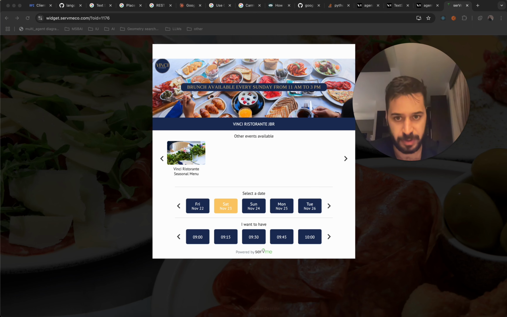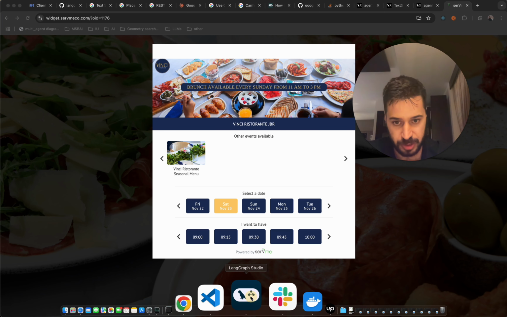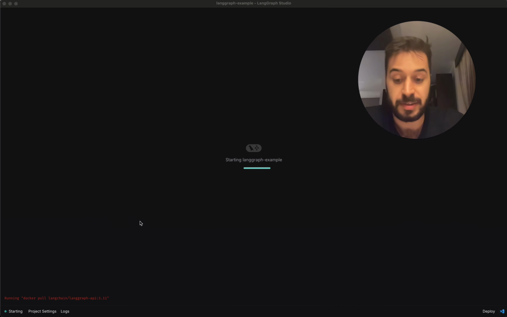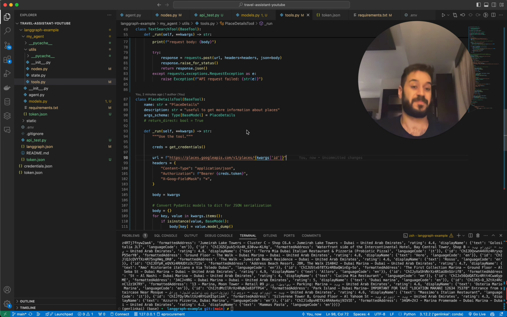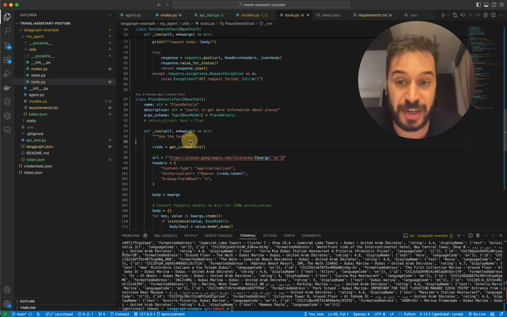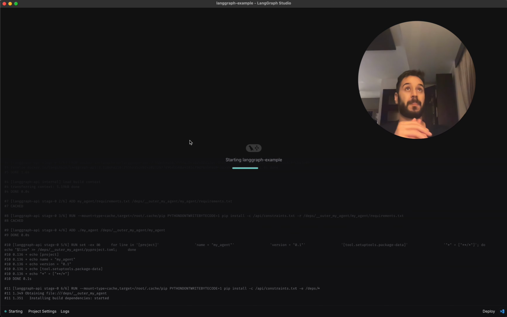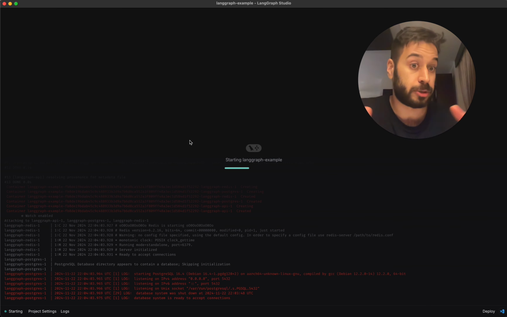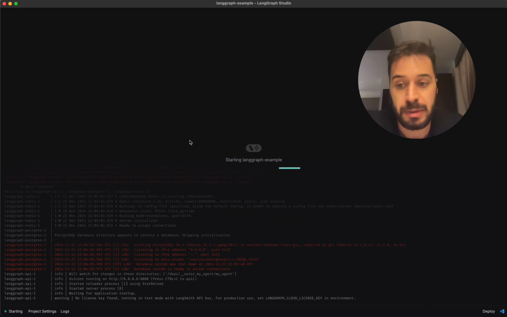Okay, LangGraph crashed. LangGraph Studio crashed. Let's just run it again. And yes, basically that's what we've built. Actually, we can try a little bit more information about places other than restaurants. For example, now we can check hotels. Let's try to check hotels, for example,